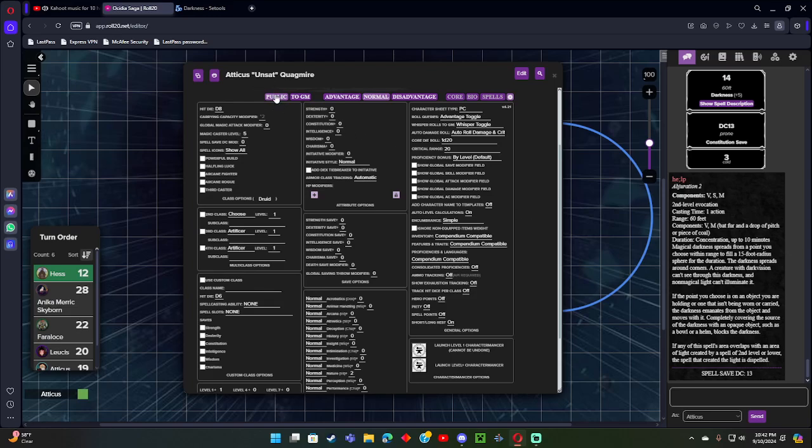If you do not have this public to GM, advantage, normal, disadvantage, don't worry about any of this stuff. Ignore this stuff. You don't touch this stuff. All you need to worry about is over here on the right side where it says advantage toggle, whisper toggle, auto roll damage, and crit. You're gonna click that and change it. If it says always roll advantage, now you put it to advantage toggle. If it says whisper toggle or query toggle,